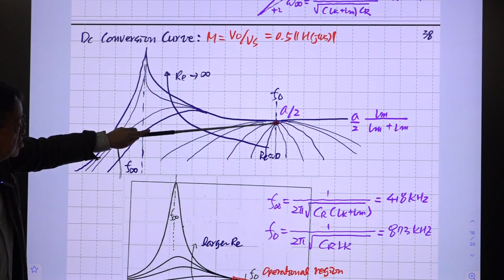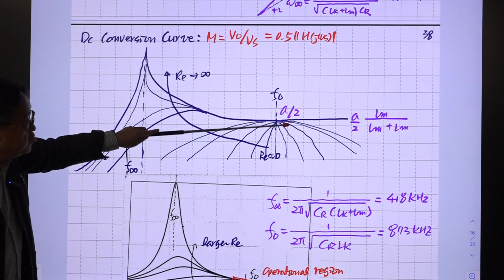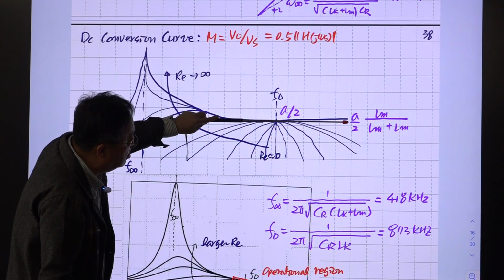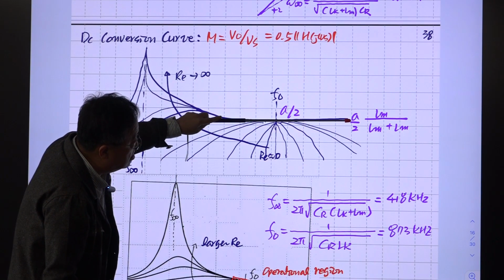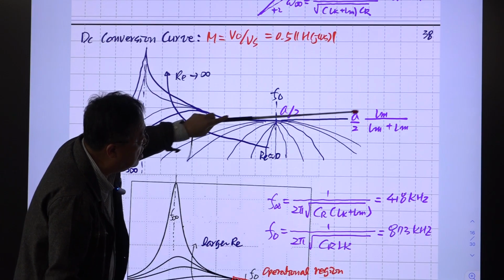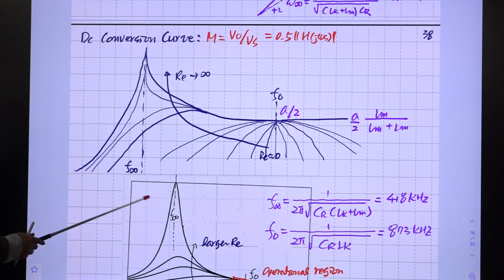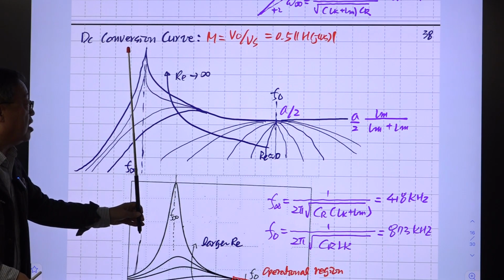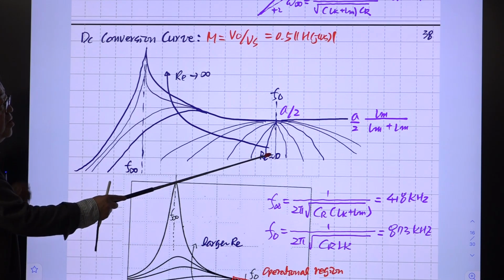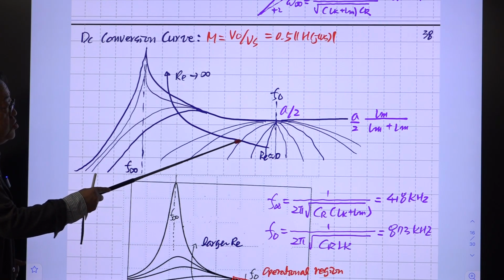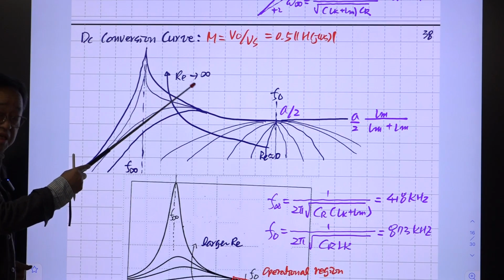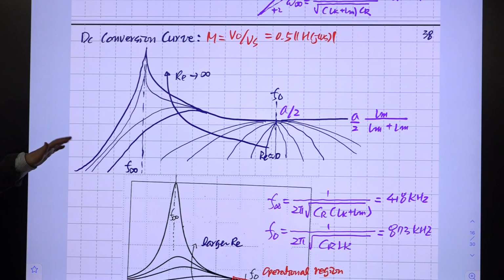So this value is A divided by 2, and it slightly declines, and at high frequency, it converges to this value. And at low frequency, it picks up like this. It starts from the very small RE. It goes in this direction as RE increases to infinity. This is our prediction based on the asymptotic analysis of the transfer gain expression,